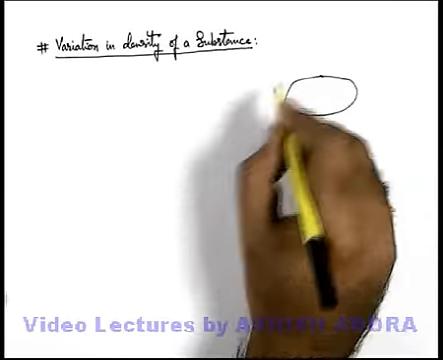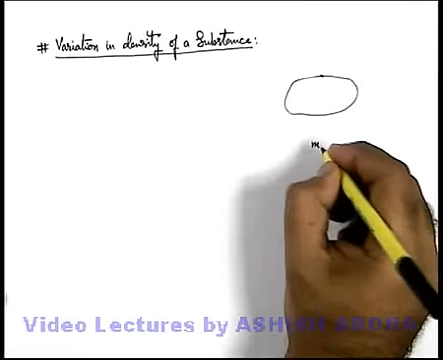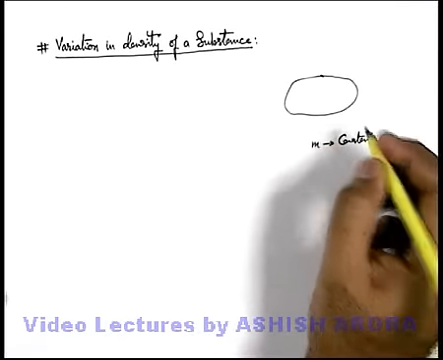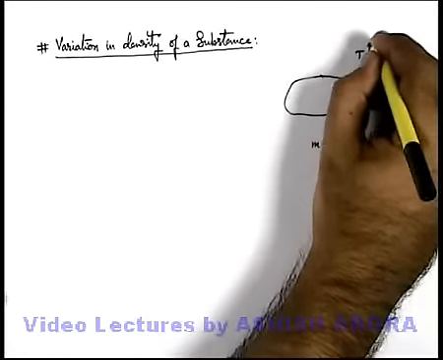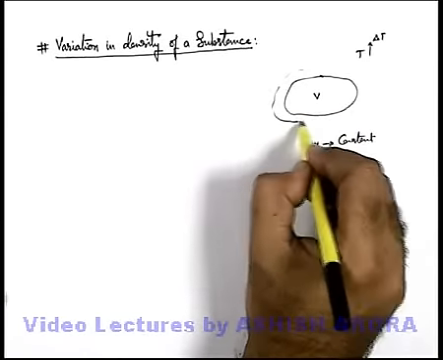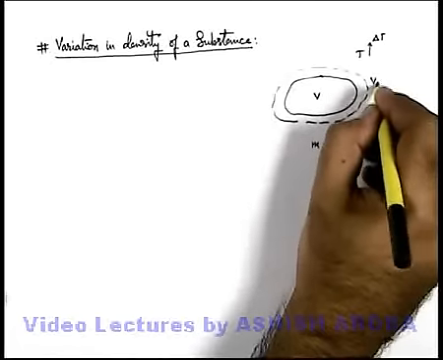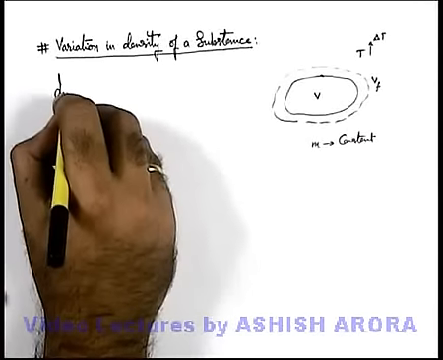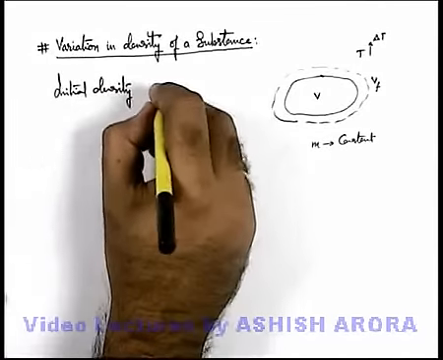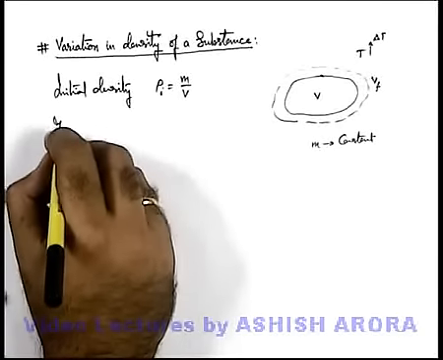Say we are given a solid object which has mass m, and as we know, the mass is always conserved, so say its mass is a constant, and say we increase its temperature by delta T. So its volume, if initially it was V, will certainly increase from V to V final due to thermal expansion. So in this situation, initial density of the substance, rho initial, we can write as m by V, and after increasing temperature we can write